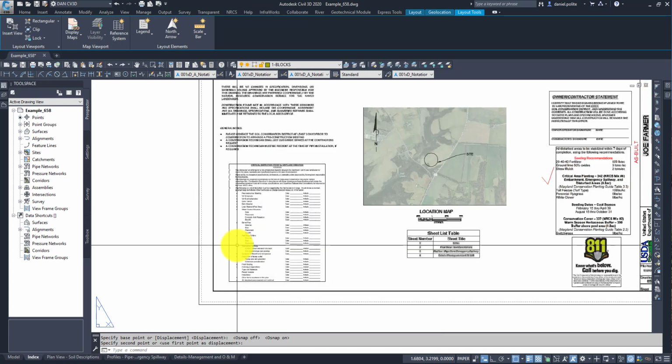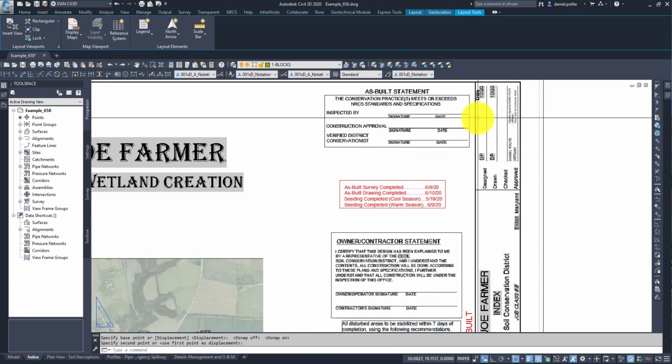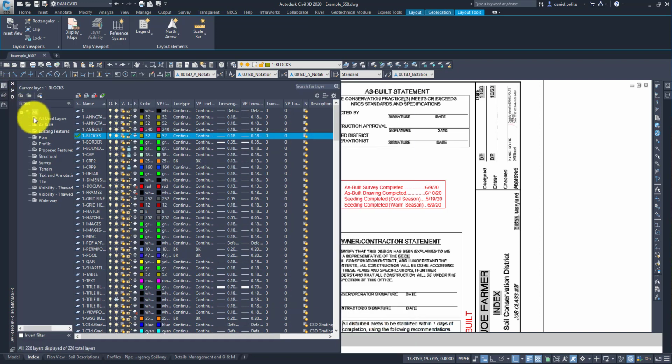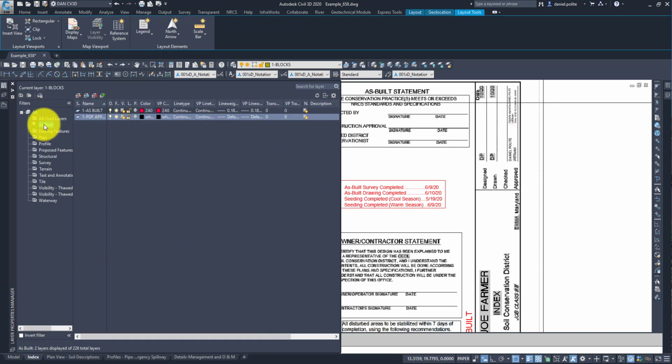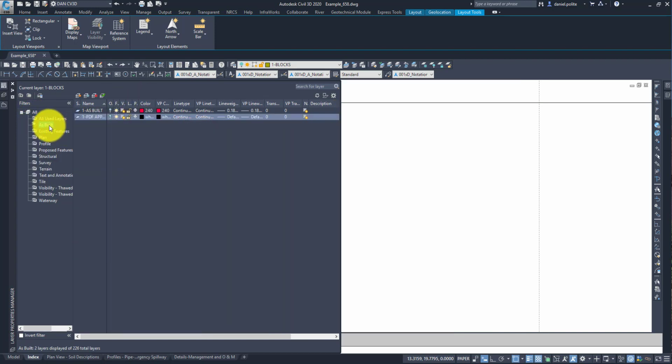Once that's done, you now can go ahead and uncheck everything, turn all your layers off, and actually you can create a filter in there and call it as built, and basically you can uncheck everything here by going ahead and right clicking off, and then if you select as built, if you created a filter,